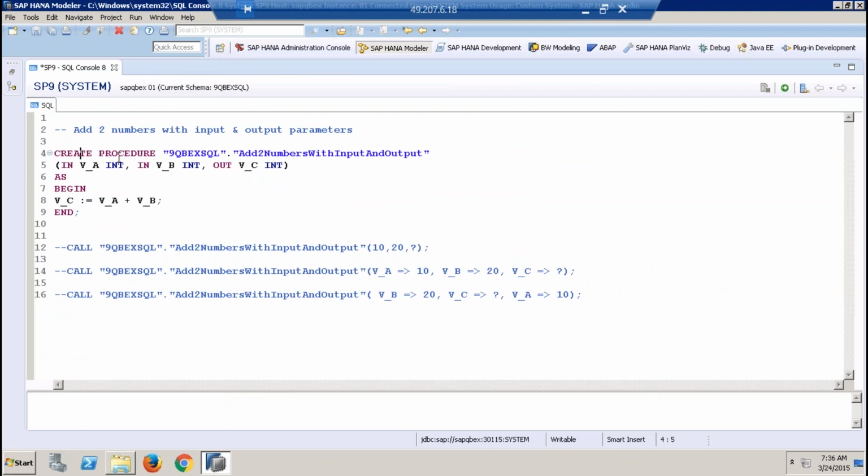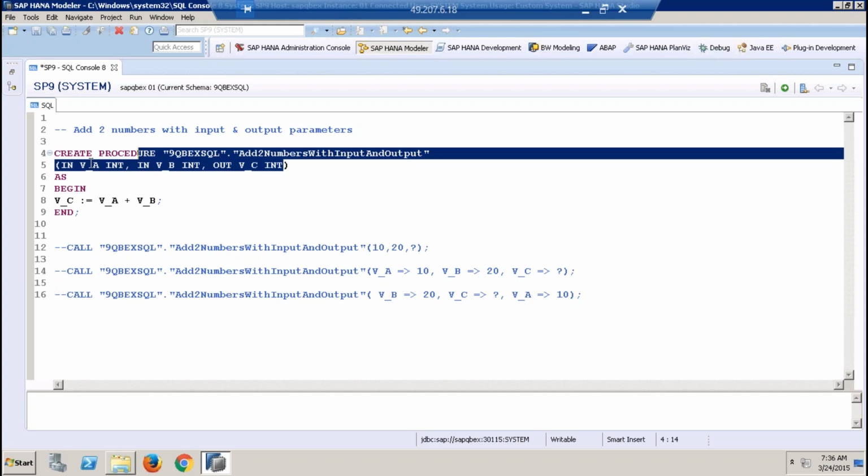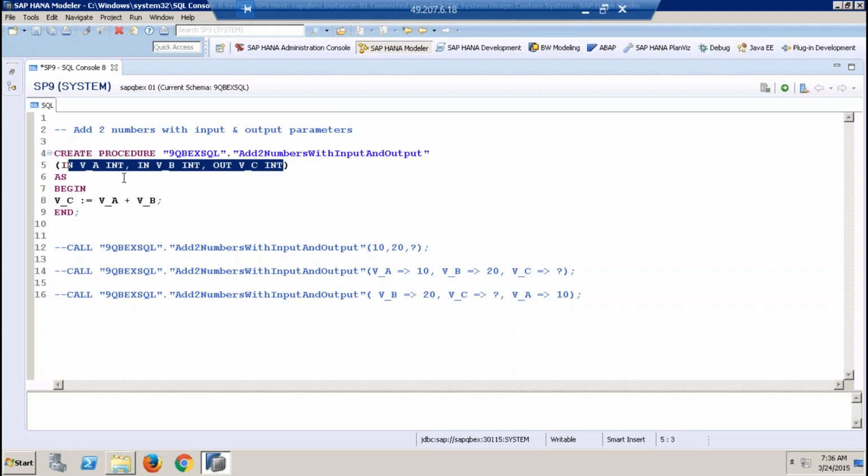Say create procedure, and the name of the procedure, and I'm going to specify the parameters within the parenthesis. In this case, I've got two input and one output parameter. I'm indicating it's an input parameter, and the name of the variable is v underscore a,